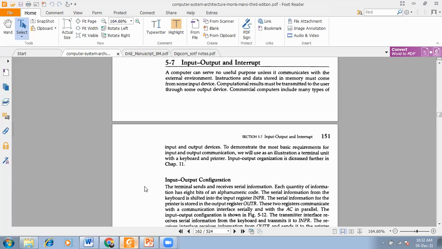They are communicating with the computer, that means with the processor, and as you know input devices are slower than the processor. So how are they interacting with the processor, means how are the input output devices interconnected and how are they sending the data to the processor, so that we will be